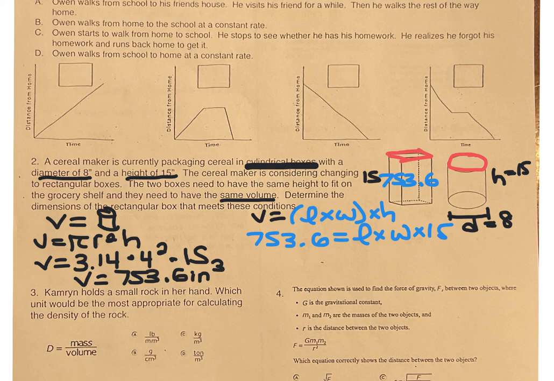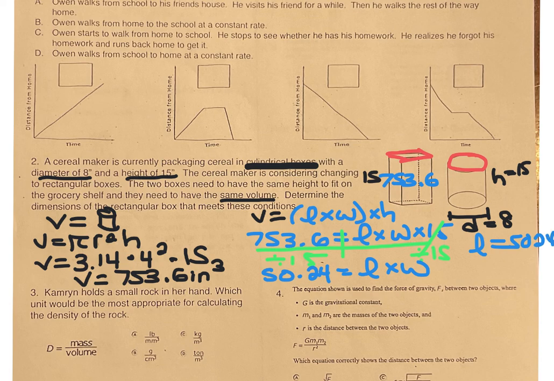So now we have a literal equation in front of us where we're going to use our inverse operations to isolate the length and the width. We'll start by dividing both sides using the division property of equality by 15. And when we do that, we get that length times width is equal to 50.24. So now, ladies and gentlemen, from here, we simply need to pick out a length and a width that when they get multiplied would equal 50.24. So let's say we pick 50.24. Then the width would be,